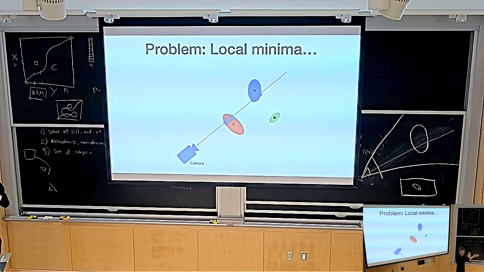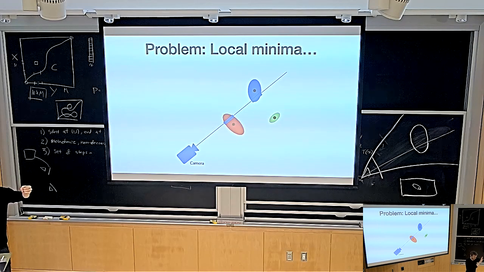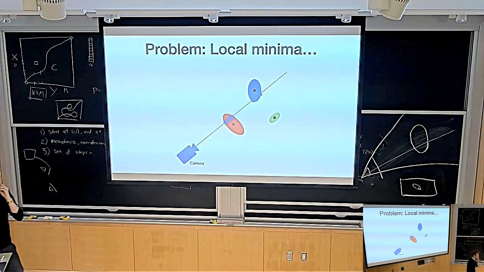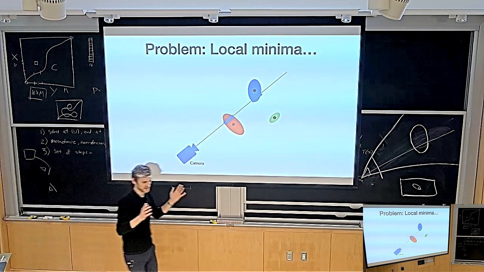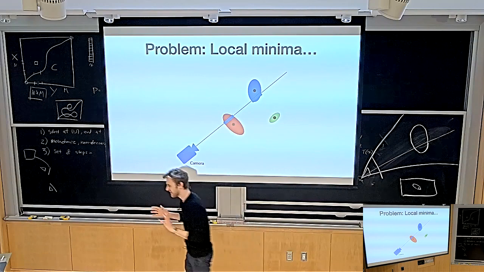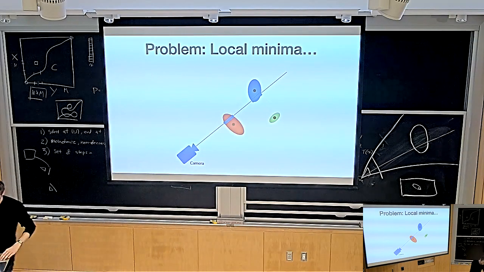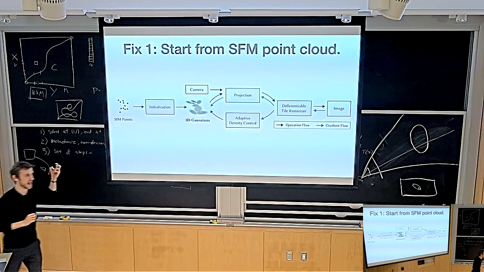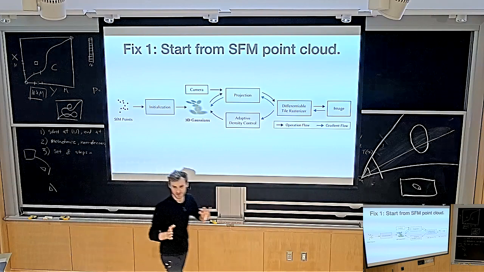For instance, let's say the Gaussian is currently green, and in between, on the image plane, there's something that is blue. The Gaussian is never going to move through the blue area because it would increase the loss, so gradient descent is not going to do that. And so your Gaussian that should move is never going to move. It's just stuck in place. So the problem is if you try to optimize this, you initialize a bunch of Gaussians randomly, it's not going to work. Okay, so this is what the authors actually do.